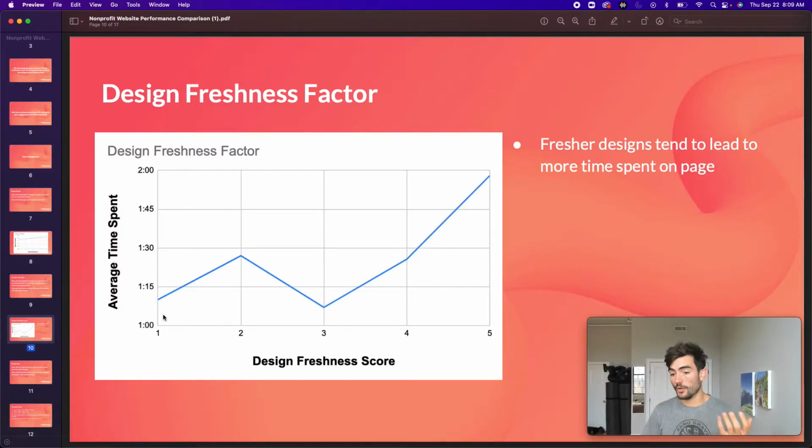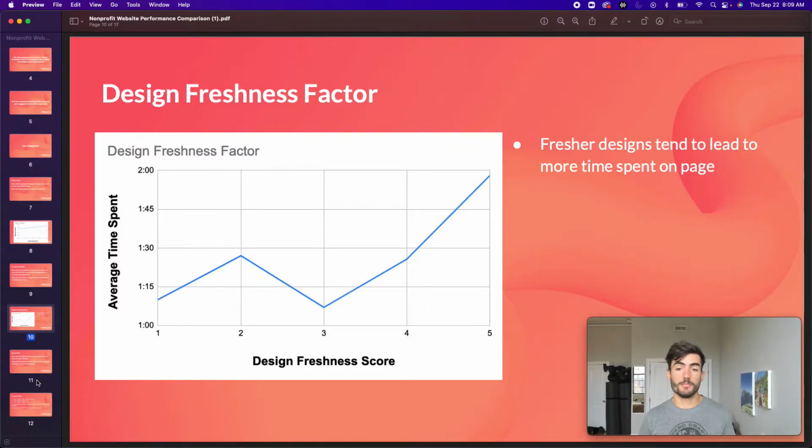And so, there's a number of reasons for that too, but ultimately I think people are more willing to engage with sites that have more modern designs because typically the designs are better for users. They're more usable, and they're more interesting. So that's one factor, another example of